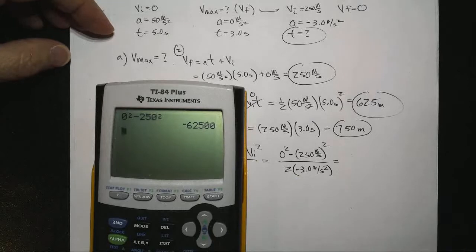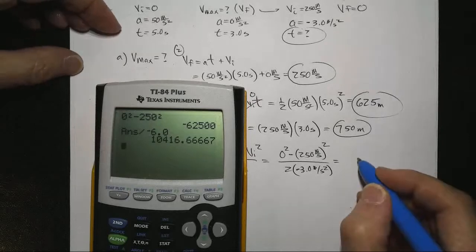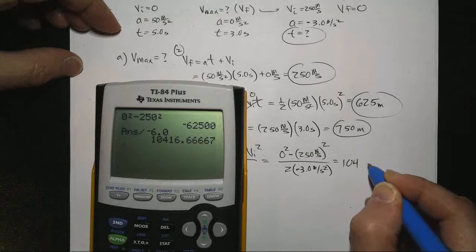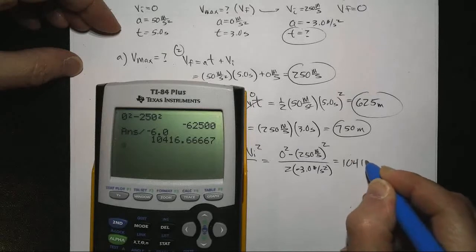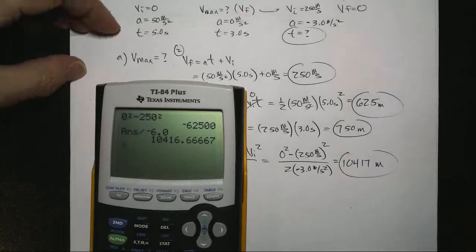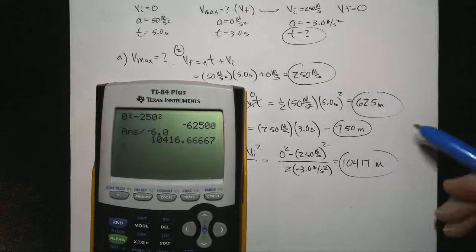We're going to divide that by 2 times negative 3, which is going to divide that by minus 6. Minus 6.0 if we want to put in a, and we're going to get that this is, wow, it's going to be 1,417 meters. Now you might be asking yourself, well, that's such a much larger distance than the first 2 phases